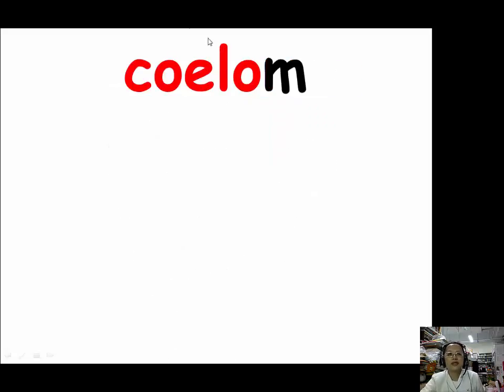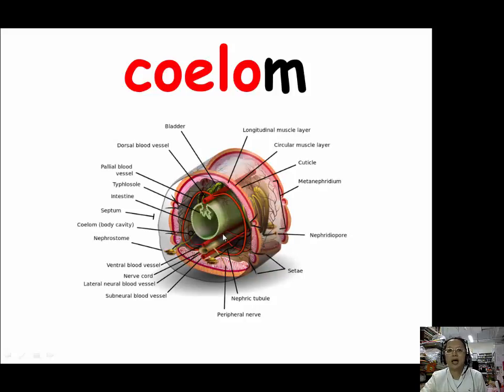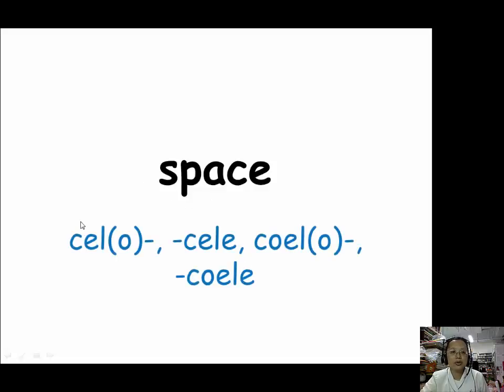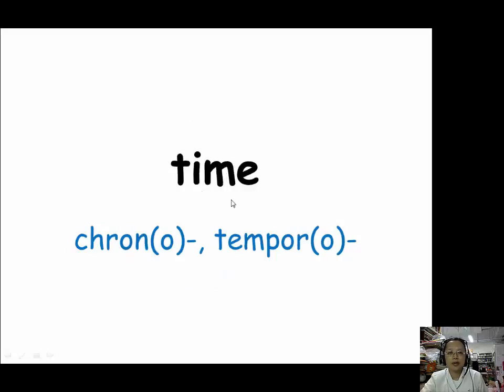And for the prefix C-O-E-L-O, our example is coelom. Coelom is the body cavity. In higher invertebrates, it persists throughout life. Okay, let's review what we learned. When we want to describe space, we could use one of these 4. For prefix celo, C-E-L-O, or C-O-E-L-O. For suffix cele, C-E-L-E, or C-O-E-L-E. For time, when we want to describe things that are related to time, we have